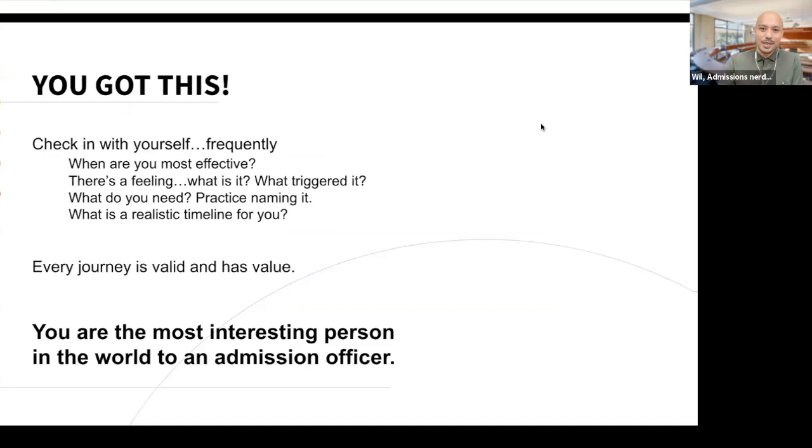Okay, final thoughts. You got this. In this process, you're gonna have a lot of feelings, right? The feelings might be stress, it might be excitement, it might be joy. Notice those. When are you most effective? When you feel stuck, okay, notice that. So, hopefully you might be able to catch that sooner and sooner so you don't start to spiral, or be able to course correct. If it's a moment of joy, what caused it? Maybe that's something to continue to unpack and feel out further.